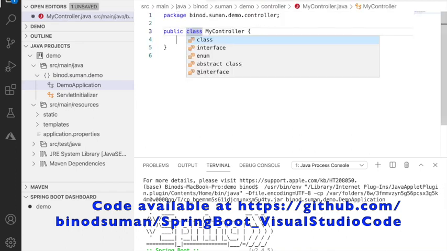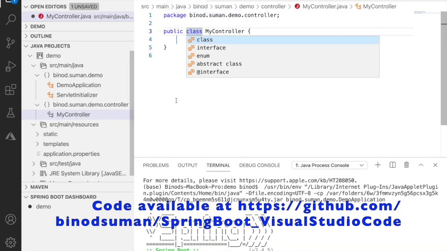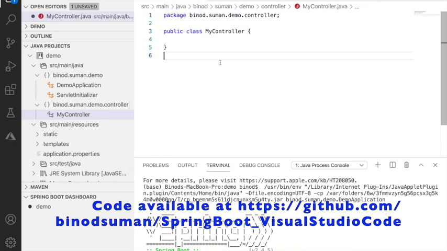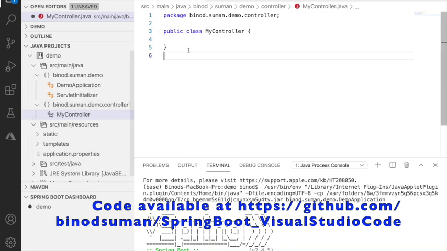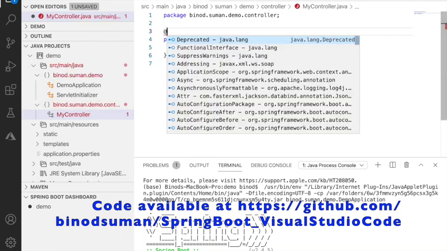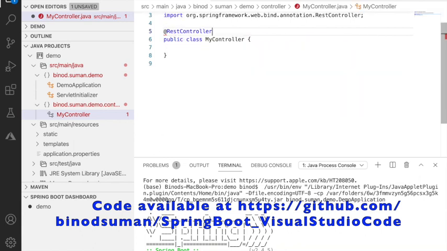Hit enter. See, everything is created here, and my controller is also here. Now go and use the annotation, RestController. Now here I have to write one method, right?